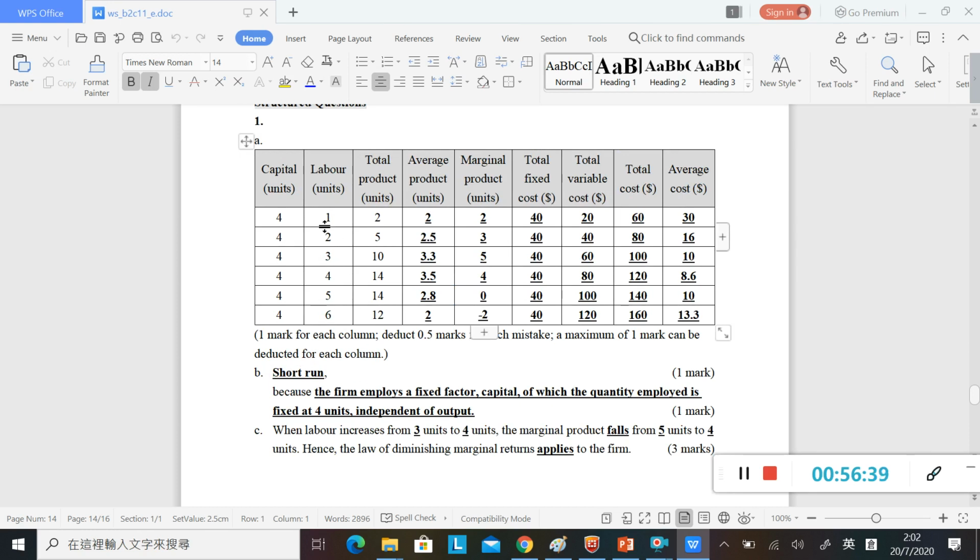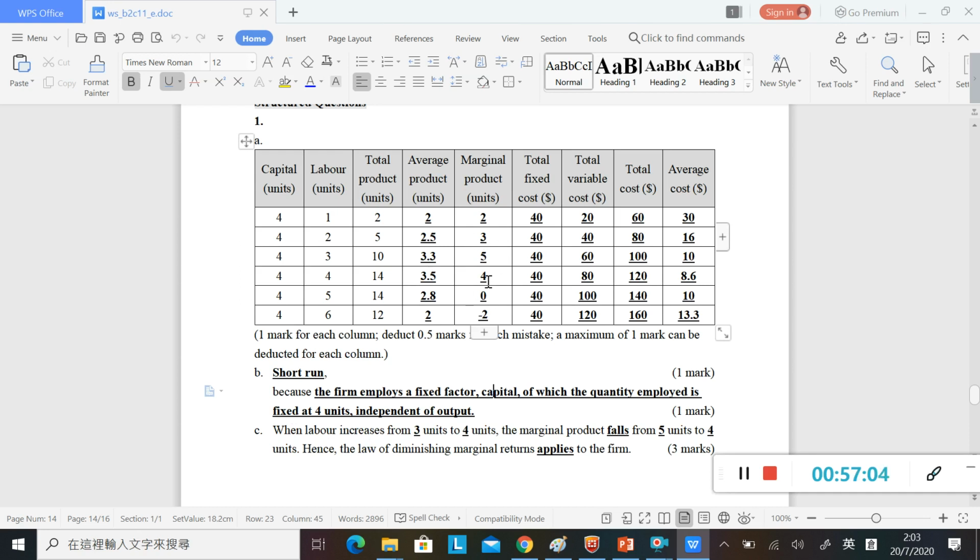好啦，咁 B 嗰度佢就問你，究竟係 long run 定係 short run？咁呢個應該係 short run 嚟嘅，因為你見到，there are both fixed factors and variable factors. So the firm is in short run. 咁所以佢就係 short run，你要講翻俾我聽，佢有 fixed factors。好啦，跟住 C part 嗰度佢就問你，究竟而家 law of diminishing marginal returns 有冇 apply to the firm？OK，咁應該我哋就睇翻個 marginal product。